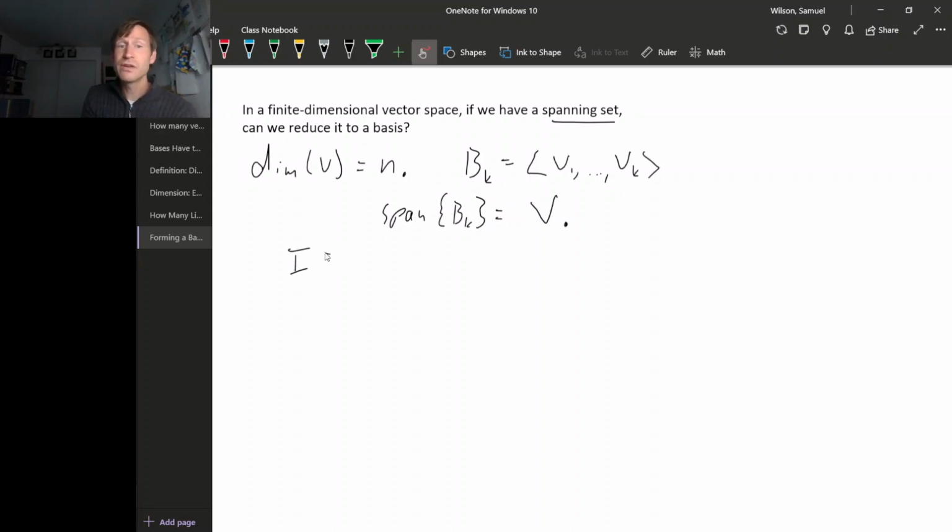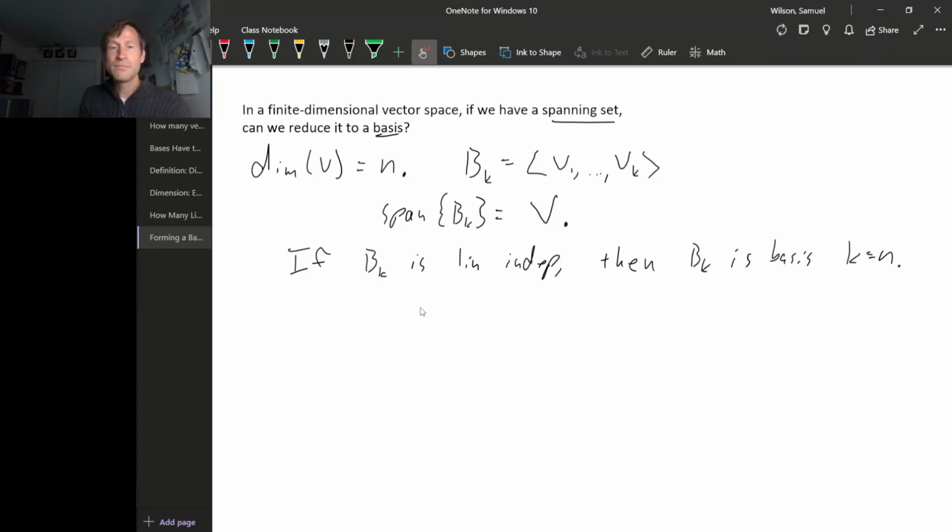So if B sub k is linearly independent, then what we actually have is a basis, right? We already know B sub k spans V. If it's also linearly independent, then B sub k is a basis. And then we know k has to be equal to n, and we're done because we have a basis. So what if it's not? If not,